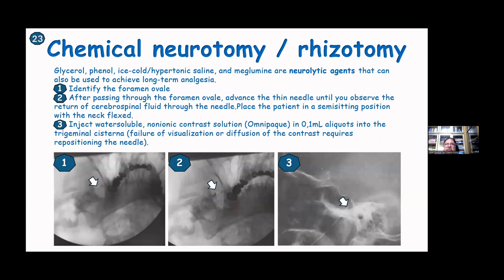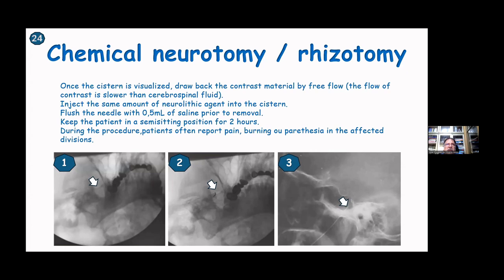Chemical neurotomy of the trigeminal ganglia can also be done by percutaneous puncture of the foramen ovale. We identify the foramen ovale and wait for the cerebrospinal fluid to come out. We place the patient in a semi-sitting position with neck and head flexion. We inject the contrast in a fractional manner,